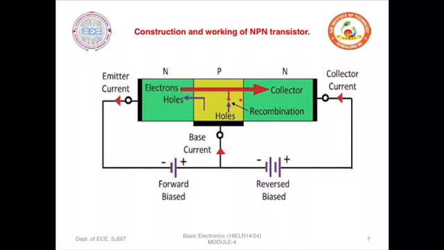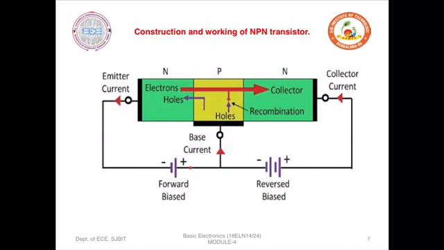This NPN transistor has the p-type material in the middle and the two n-type materials on the opposite sides. It means the p-type material is sandwiched between n-type materials. In the n-type material, the electrons are majority charge carriers, and in the p-type material, holes are majority charge carriers. Now to this NPN transistor, we have made the connection in such a way that the base becomes common for both the emitter and the collector, and there is a biasing applied to this NPN transistor